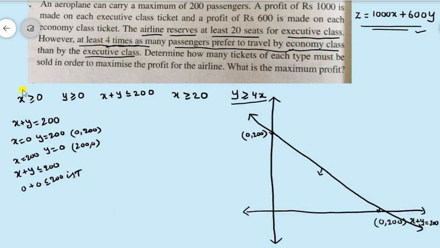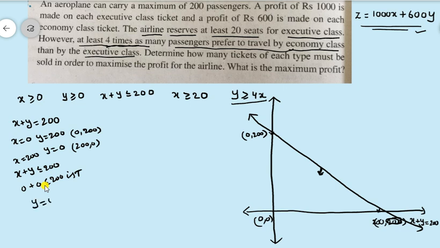Okay, so you can observe here x plus y is equals to 200, a straight line passing through 0 comma 200 and 200 comma 0. But we have to shade the inequality x plus y less than or equals to 200. Substitute 0 comma 0 here. It is satisfying. That's why we have to shade towards the origin. That is the reason we shaded towards the origin.